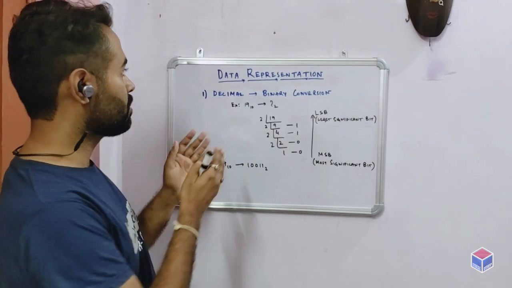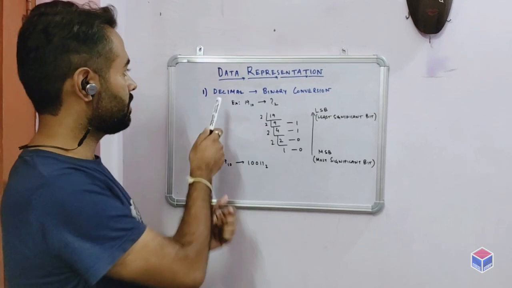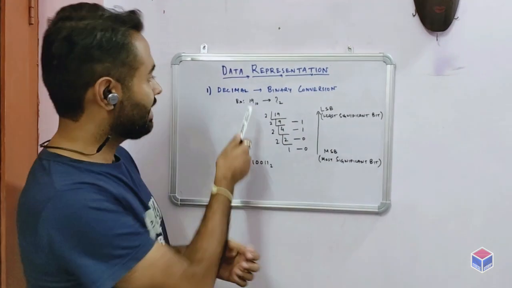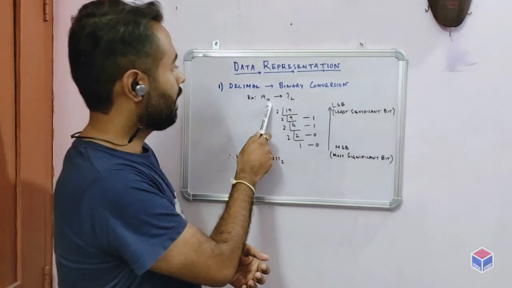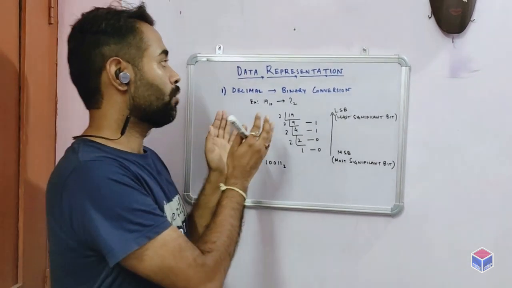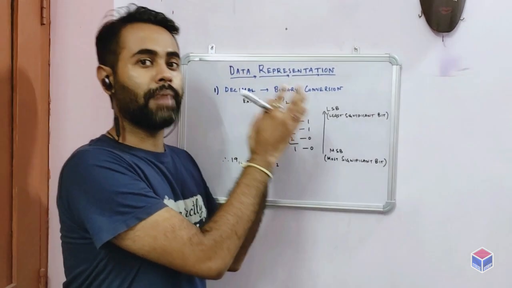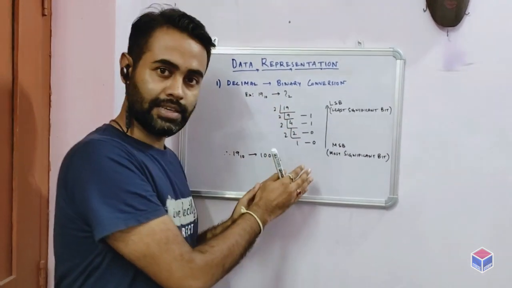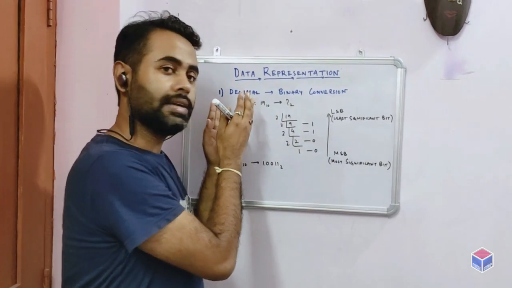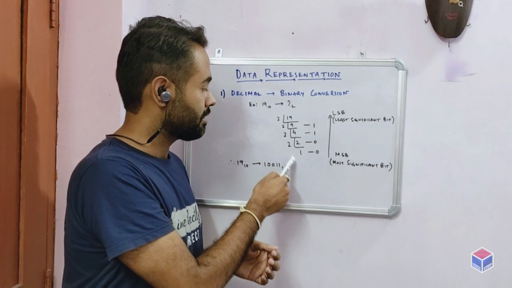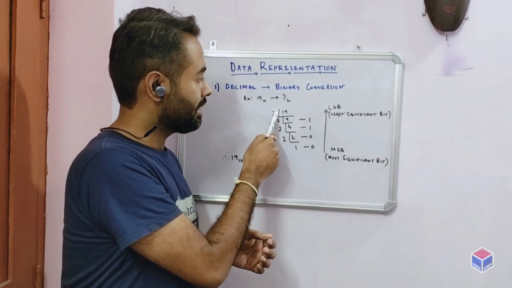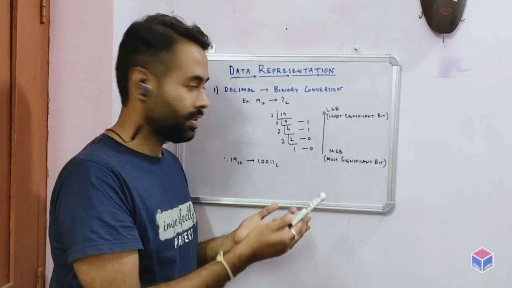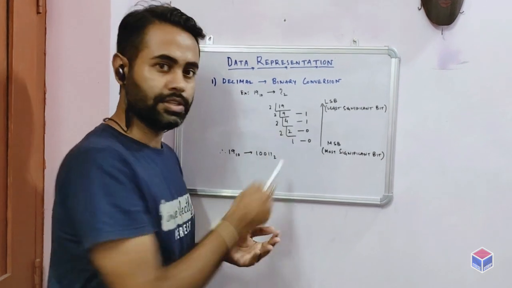Now let us look into the first conversion, decimal to binary, that is from base 10 to base 2. I've taken an example, 19 as a decimal value, and I've given the base value as you can see. To convert a decimal number to a binary number, the simplest way is to do an LCM-style division of the decimal number. In the example 19, I have started dividing the values by 2, the way we do our LCM, and I have started collecting the remainders at each step.